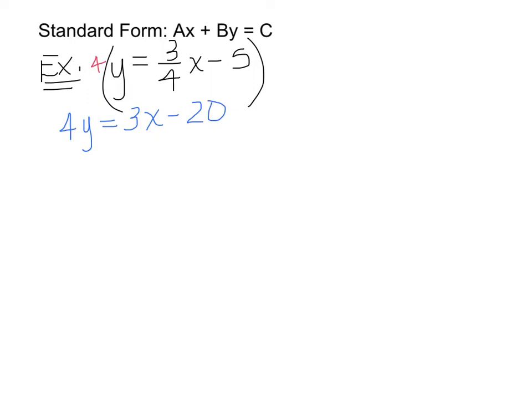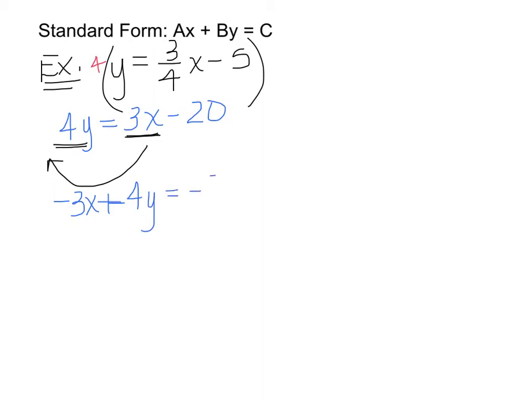Now when you get here, if you notice, the ax needs to be on the same side as the by. So we're going to have to move this over, and you do it by subtracting. So you're going to get -3x plus 4y